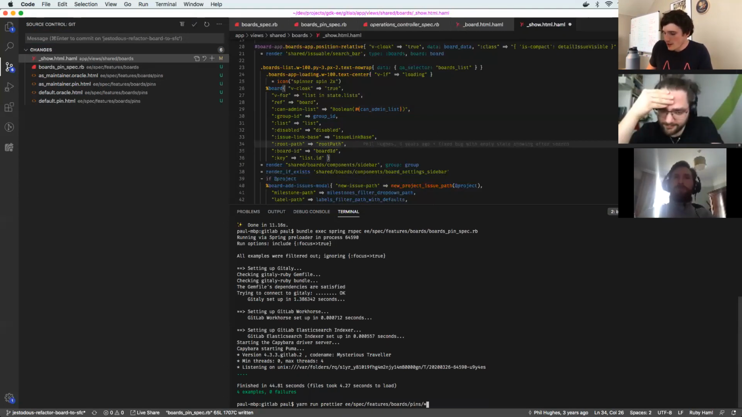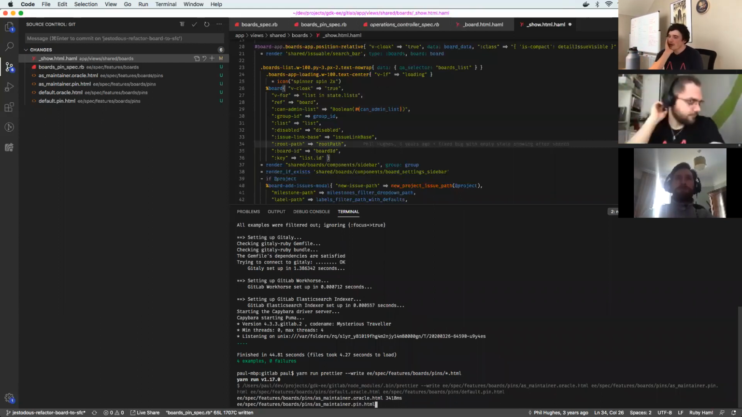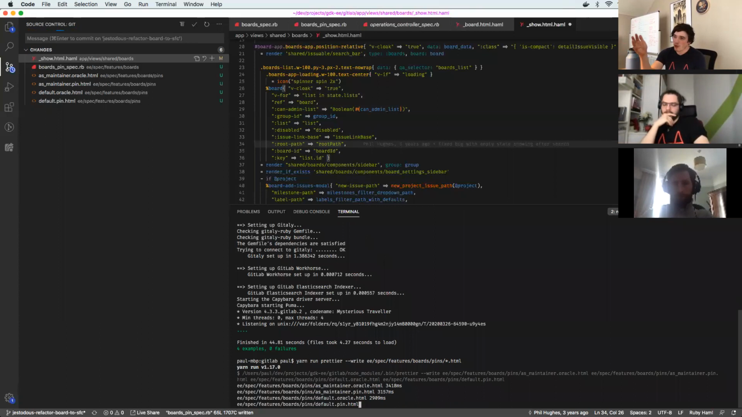Pin star.html. Oh, I gotta do right. I gotta right. Yes. But you can see this bash script is pretty trivial. We're just gonna run this specific RSpec, then run prettier, and then just run diff. And if we were